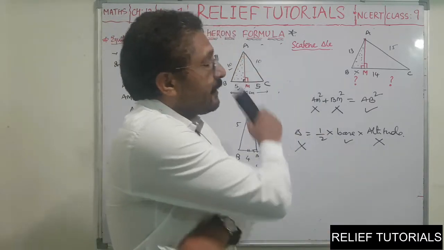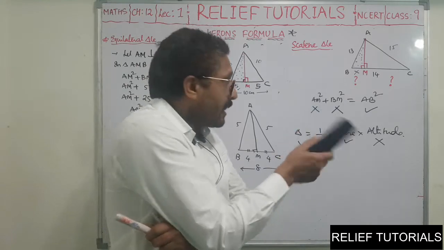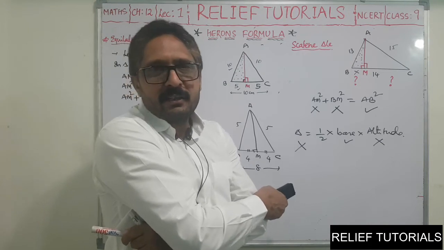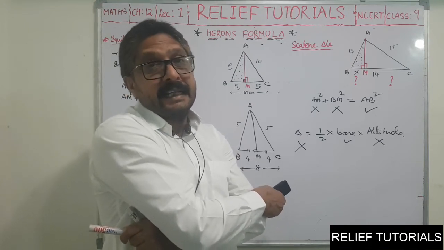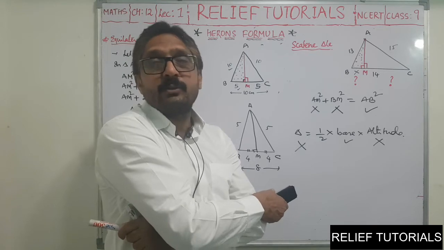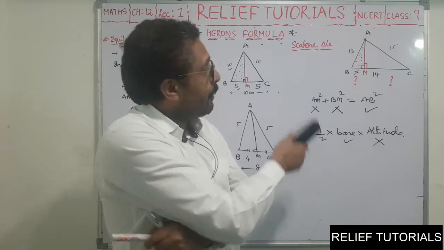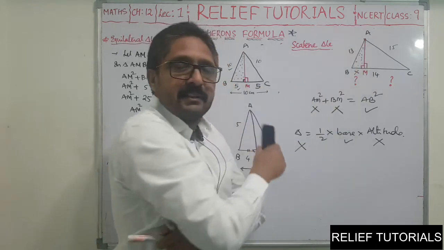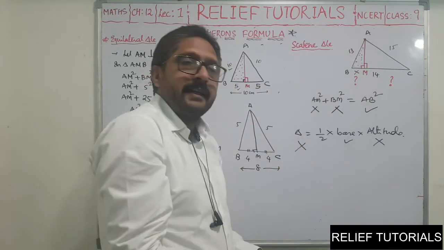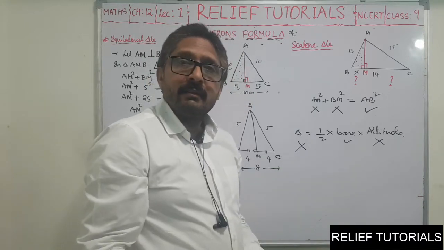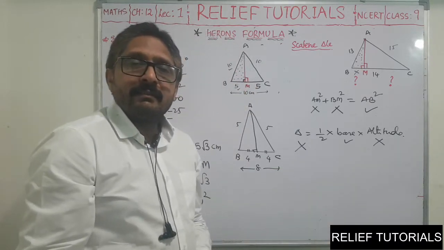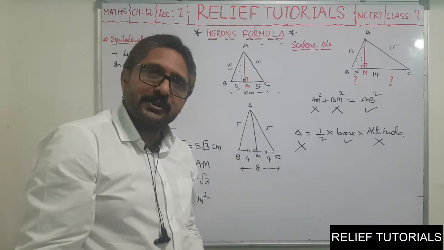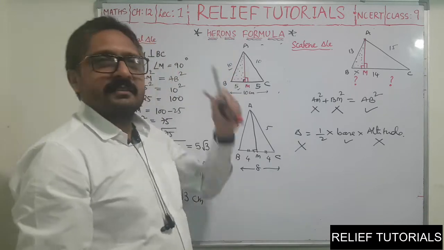Now how to find area of this scalene triangle? The answer to this confusion was given by a mathematician who was born in Egypt in 10 AD, nearly 2000 years before. He found the area of this scalene triangle when measures of three sides are given and we don't have altitude. So how to find area? That was a confusion. So he found a solution. There was a limitation, and an answer to this limitation was given by a mathematician called Heron.